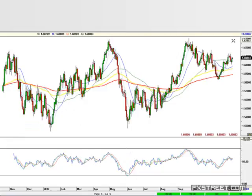Now, right now, we are moving sideways, so we're not seeing trending markets in cable. And you can see that on the RSI here. We're moving sideways. That to us is one of the key things. The other thing that we certainly would look at as well is